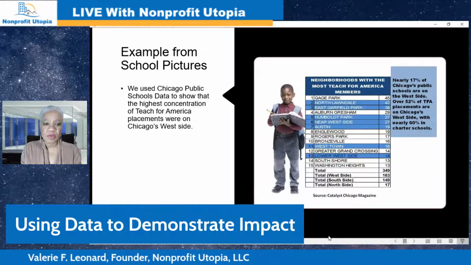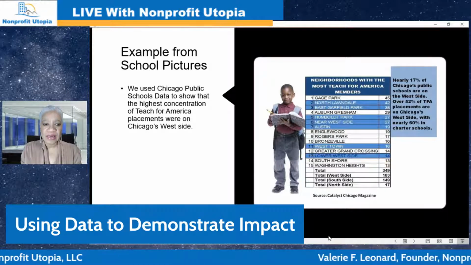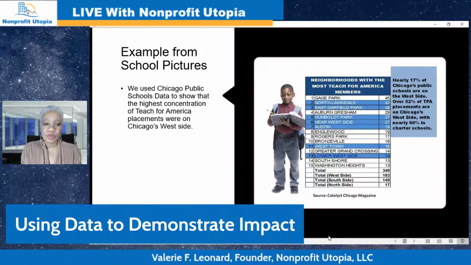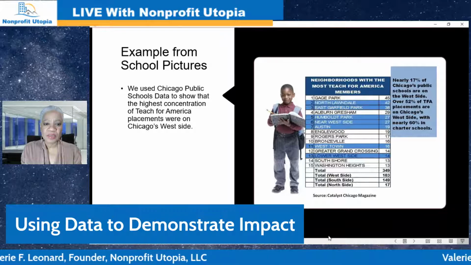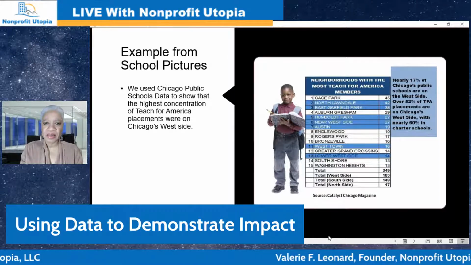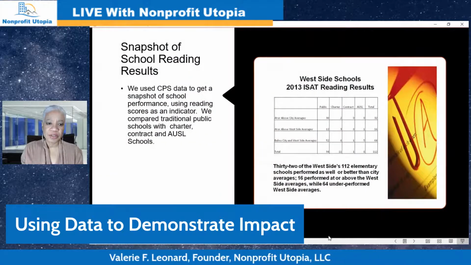And when you look at what's going on on Chicago's West Side, the last thing we need is inexperienced teachers. We need to have teachers who are familiar with the community, people who are experienced to deal with some of the problems, many, many problems that our children are facing. So that was an issue.